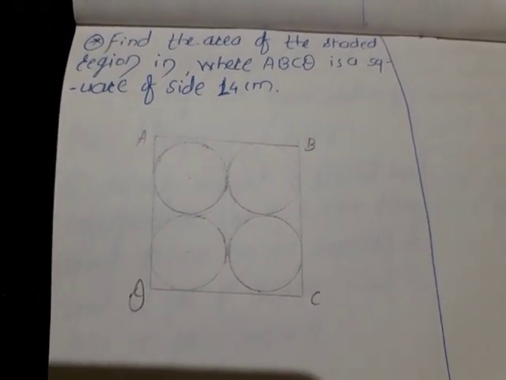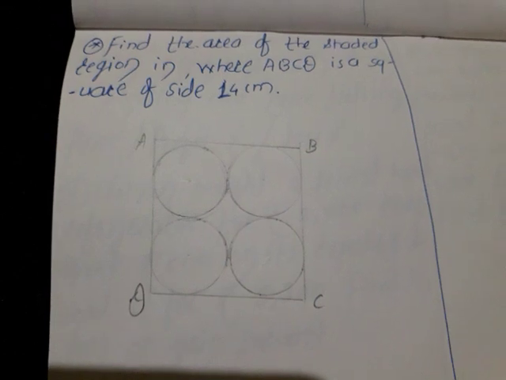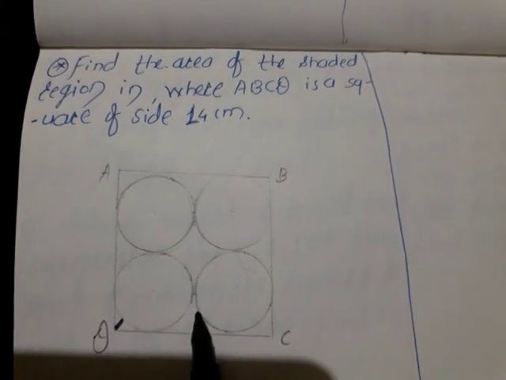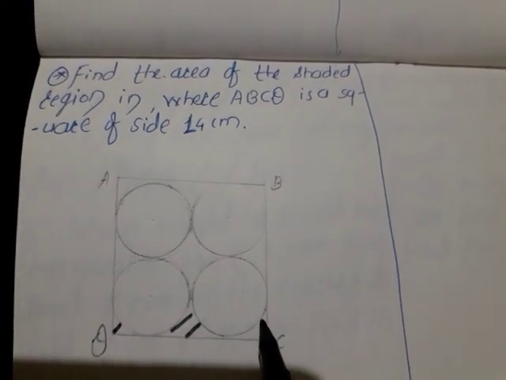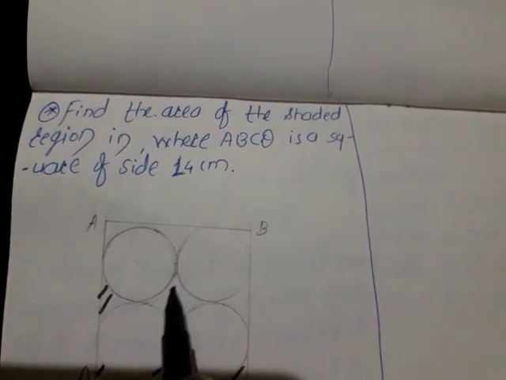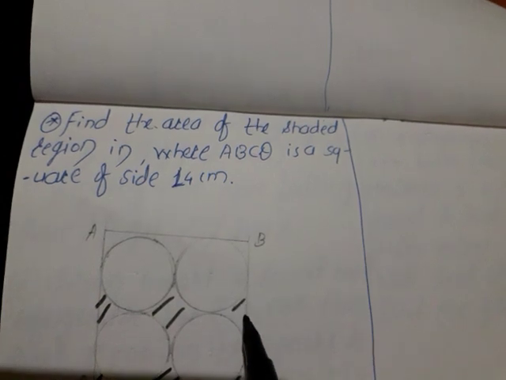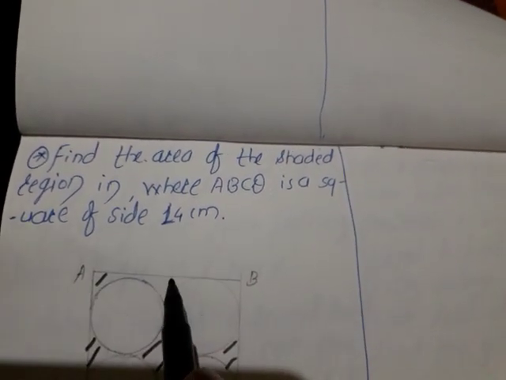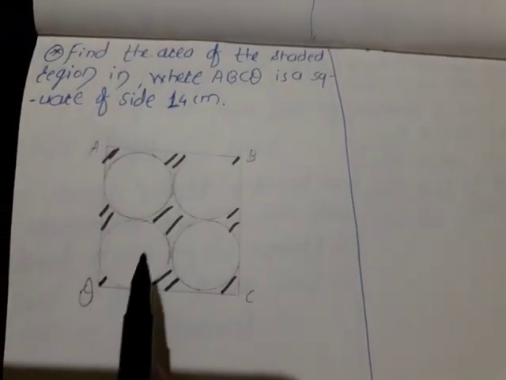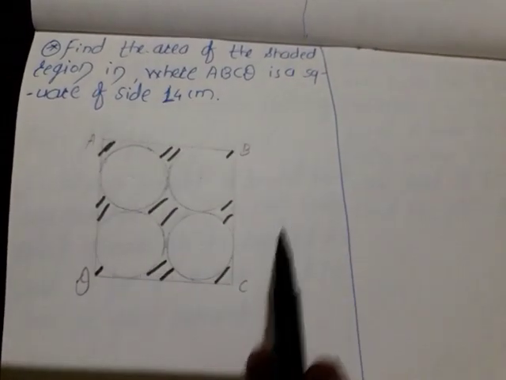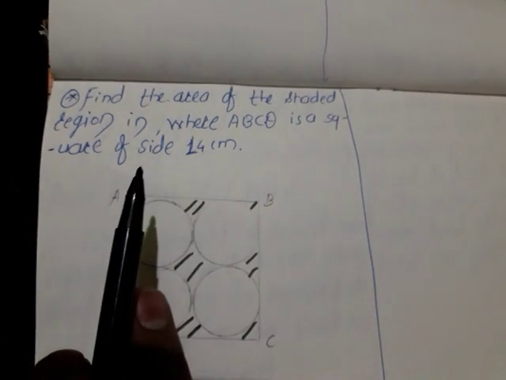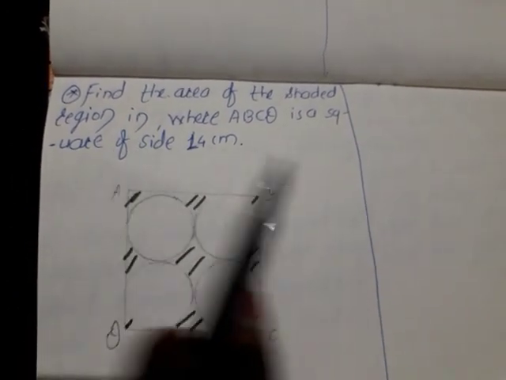Now after looking at this figure, some of you may think, which is the shaded region? Look at this figure, I will show you by using these black marks. The remaining portion excluding those circles, this is known as the shaded region. The remaining part which remains after I have made these marks is nothing but the shaded region, and we have to find the area of that shaded region by using this information only.